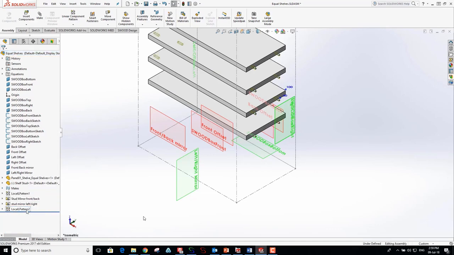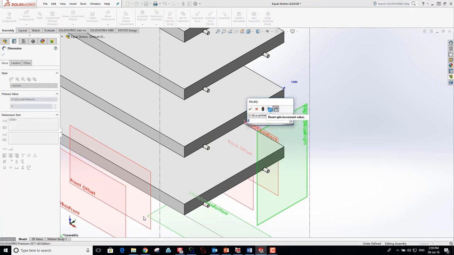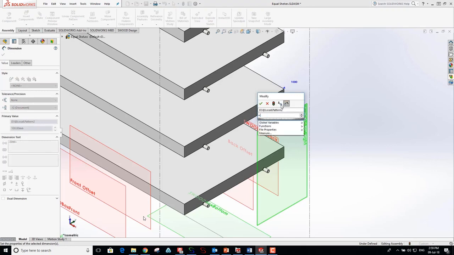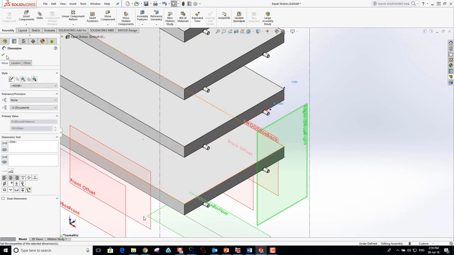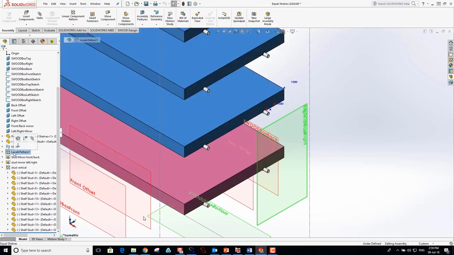Now, one crucial thing once we've renamed the feature is to connect them to the rest of the assembly. So you'll see what we're doing here is we're linking the instance count of the linear pattern for the studs with the instance count from the linear pattern of the shelves. Likewise, we're linking the dimensions, and what this will allow for is if the shelves spacing and instance counts increase, then likewise the studs instance count and distance will also increase. So we've just aligned those using standard equations inside of SOLIDWORKS. We've renamed our features,